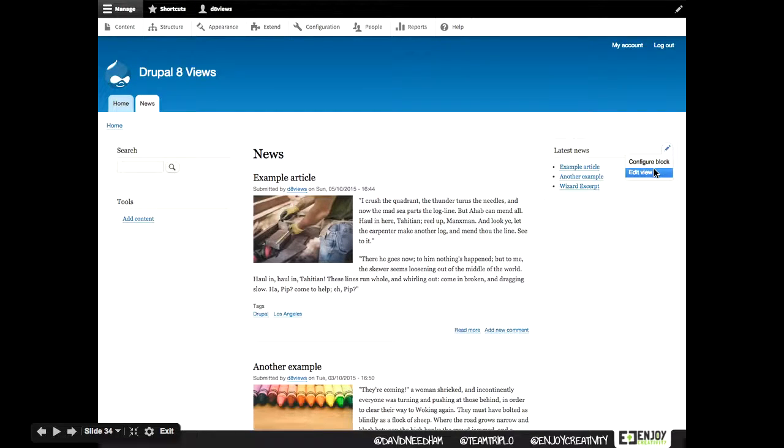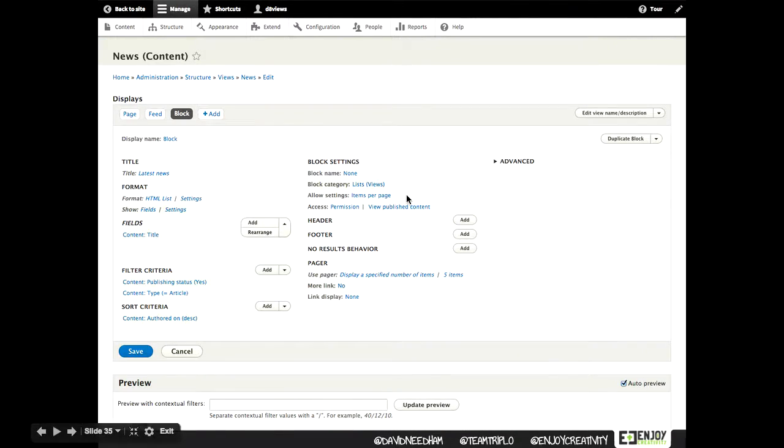This is going to skip all those extra steps and take us straight to the view that generated this particular block. So we do that, and here's the view, and at the top we can see that we're on the block display of this view. And then we want to make a change. We want to add a couple extra fields. We don't just want to see the title, but we want to see the author and the date. So we go over to Fields, we click Add,